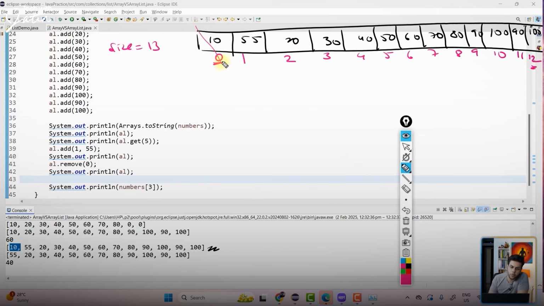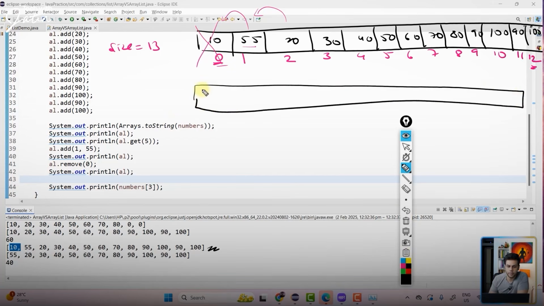Now, I'm saying remove 10. When I say remove 10, all the elements will be shifted towards the left. Why? Because we want 55 to be on the 0th index. We are removing something. First on the 0th index, 10 was there. Now, 55 is going to come on the 0th index. So, the new positions of the elements will be something like this.